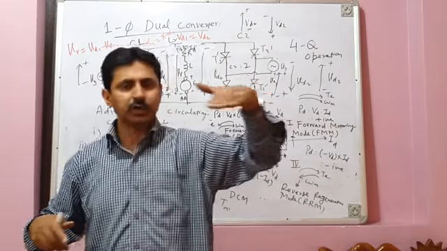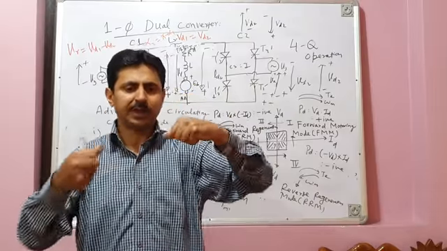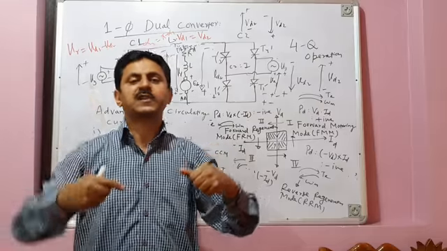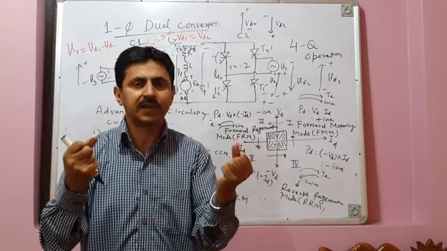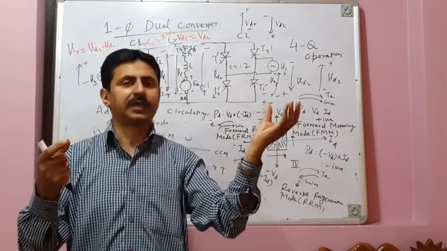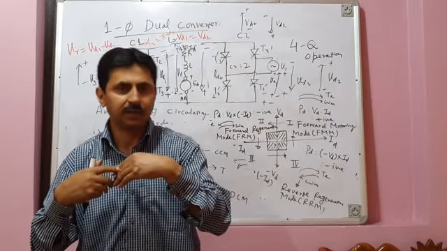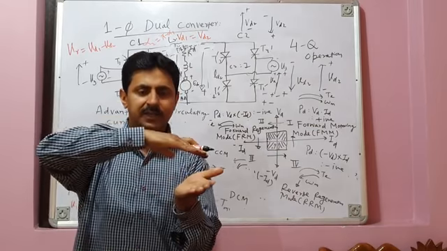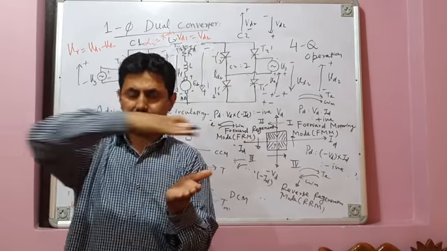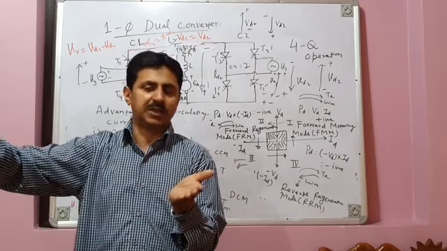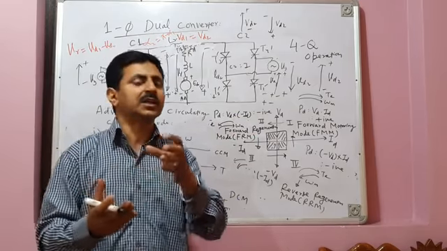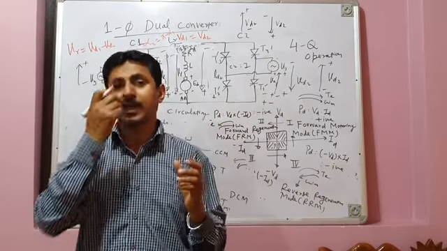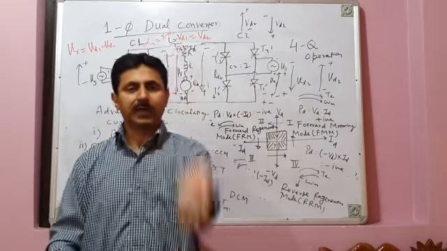When a vehicle or train is going down the slope, because of gravity, its motor overspeeds and generates energy. Back EMF is more than the converter average output voltage, and it supplies energy back to the source. So when it supplies energy back to the source, a braking torque is applied on it, and the speed is not allowed to go to very large values, and simultaneously the braking energy is not wasted, it is fed back to the source. Another example I gave you was that of a hoist.